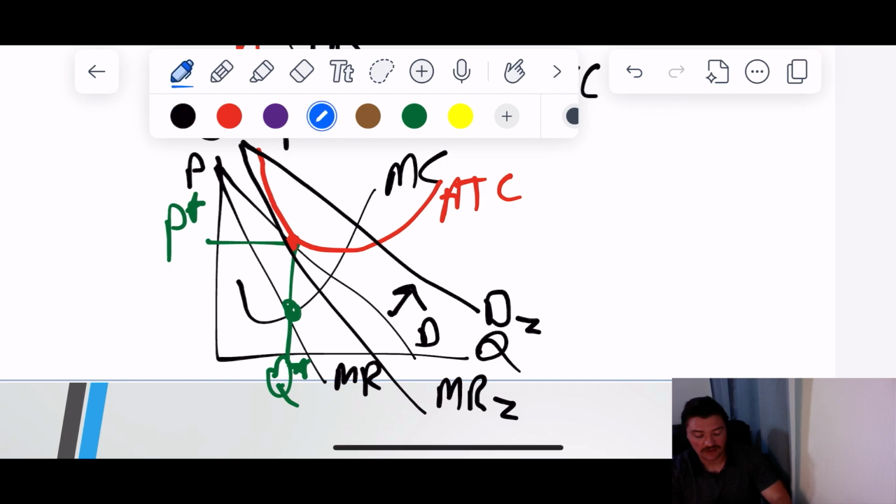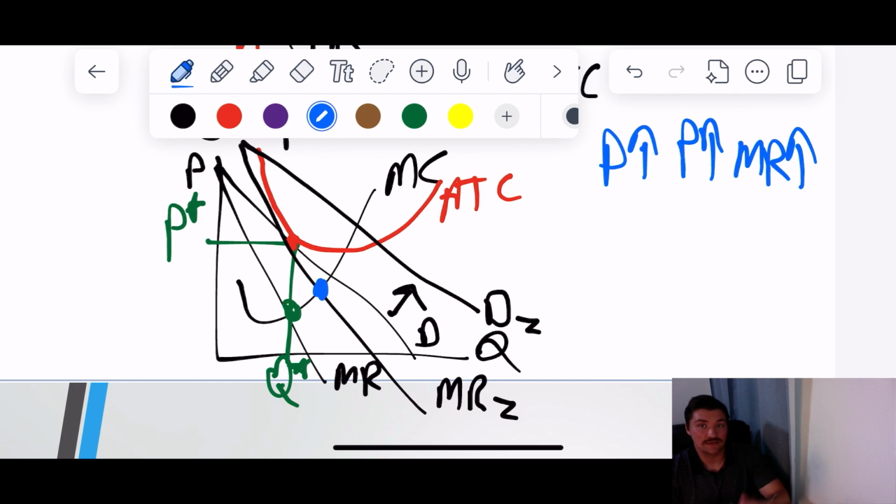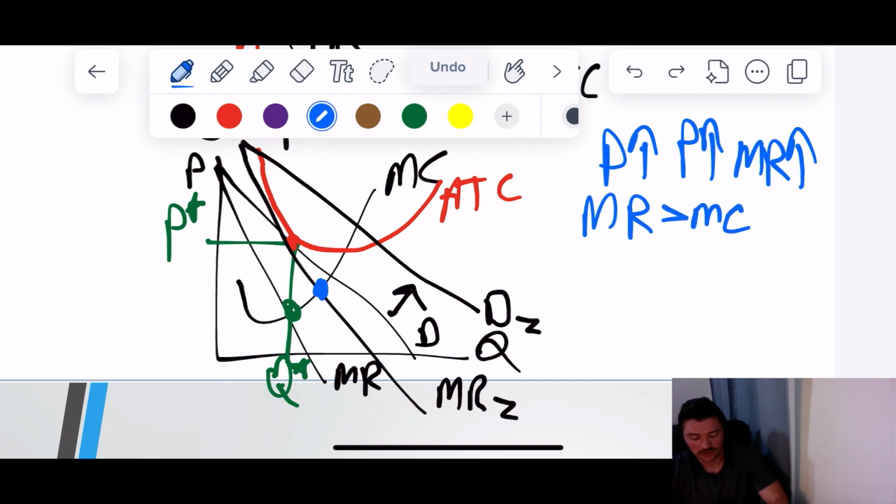They just saw more demand for their product, so they're making more. However, because demand's up, price is up, their marginal revenue goes up, this gives them incentive to produce more. What would happen is if your marginal revenue goes up, your MR will be greater than MC, so you should produce more. So we are going to increase our quantity to here. Now the same thing, we'll go MR equals MC, we'll go up to the demand,